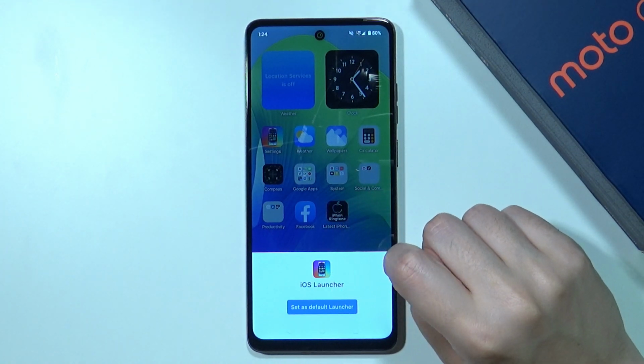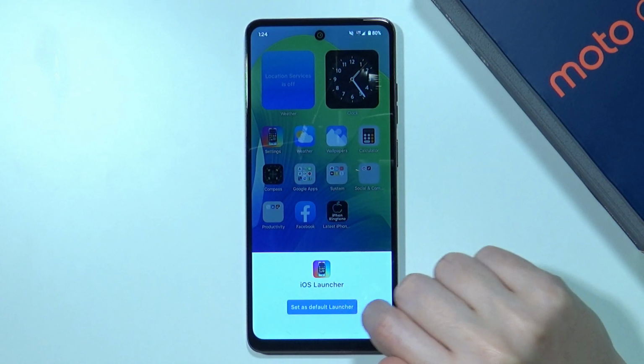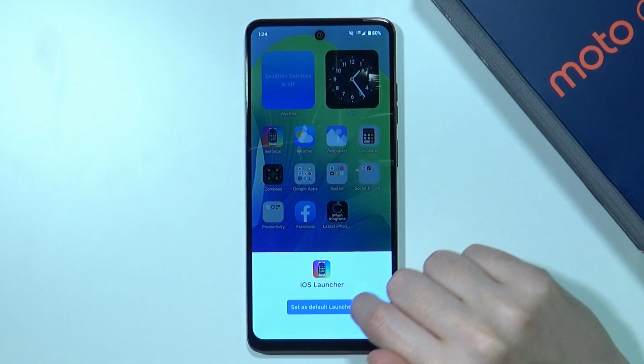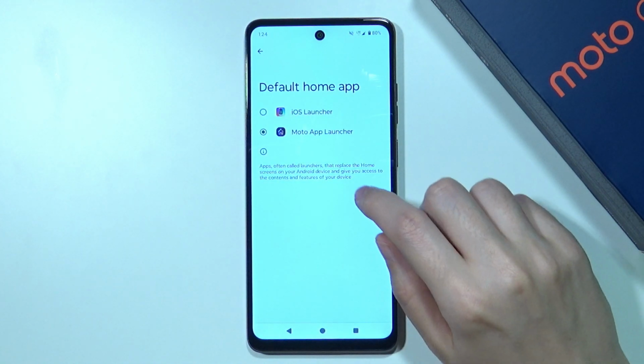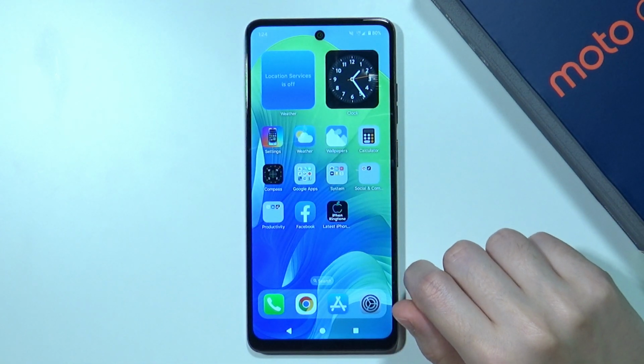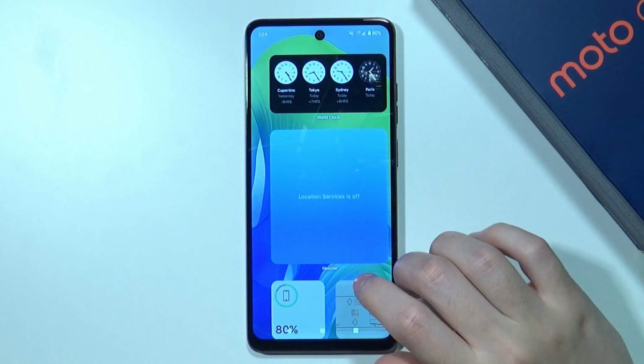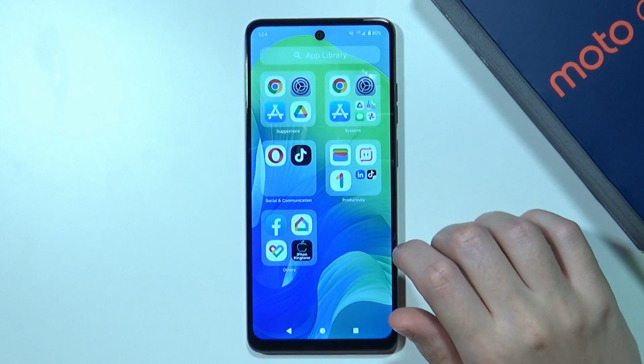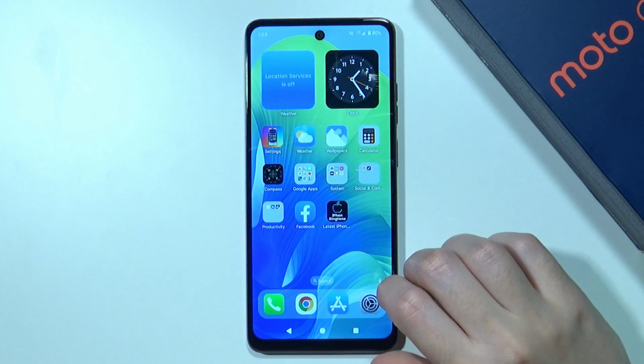You can go through them one by one if you want to. And then we can set the iOS launcher as default. So let's do that. Let's switch to iOS launcher. And there we go. Now we have the iOS launcher on the Motorola Moto G04, and it is also possible to do that on